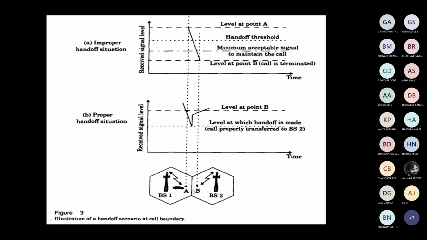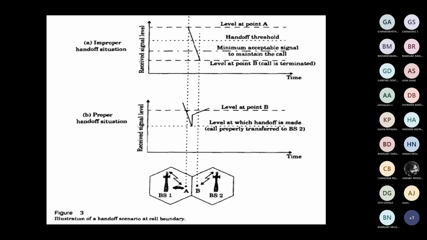Here, what is meant by point A and point B? Up to point A, the mobile receives good signal strength from base station 1, and up to point B from base station 2. After point A in base station 1, and after point B in base station 2, the signal strength can suddenly decrease. Then automatically handoff should be raised. Otherwise the signal strength keeps decreasing. The handoff should be right. How can it be done?